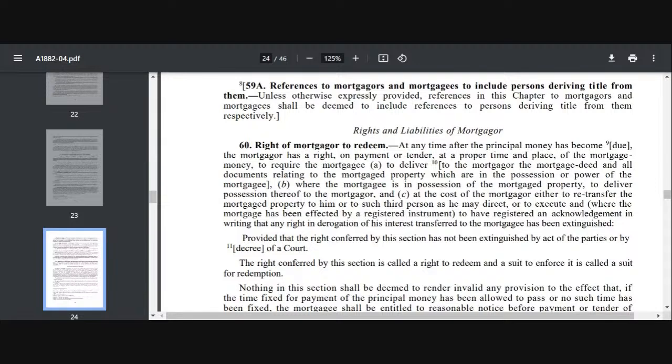So right of redemption is one of the rights of mortgager. ये एक right है. उसी तरह mortgagee के भी कुछ rights and duties है that you have to go through. Rights of mortgager and mortgagee, please go through those rights. And section 60 जो है that is talking about my right of redemption, ठीक है. Section 60 talks about rights of mortgager to redeem. So this is the right. And अगर आप second portion देखो तो it is prohibiting partial redemption also.